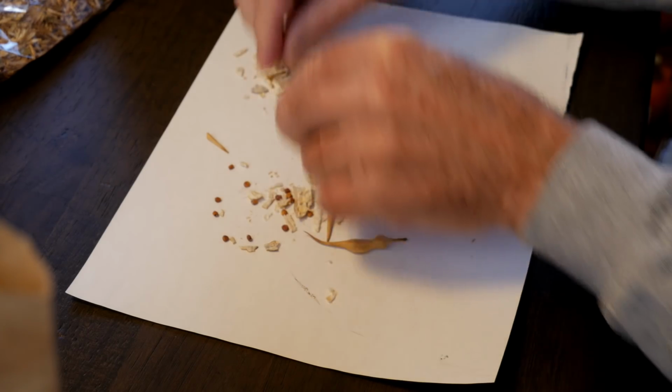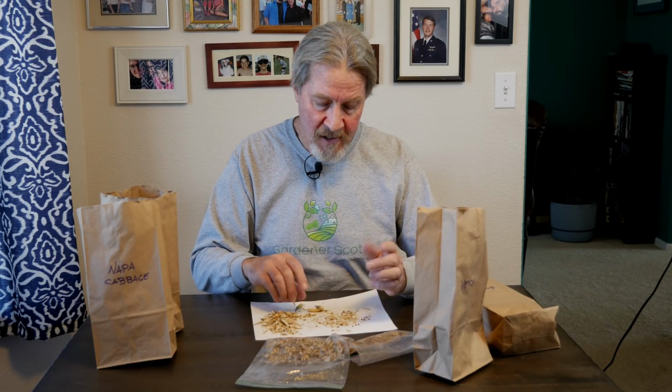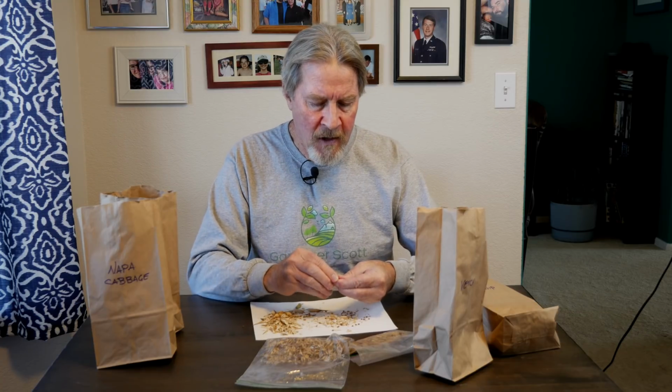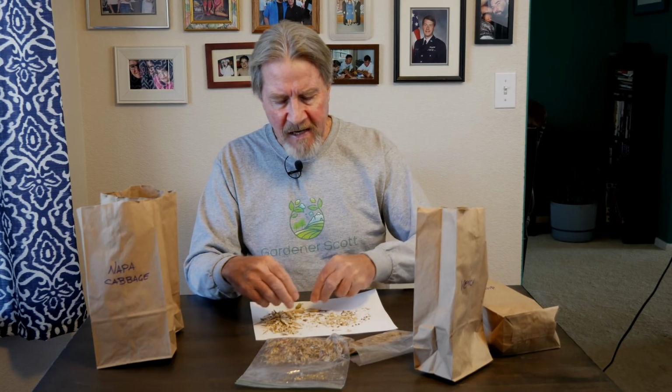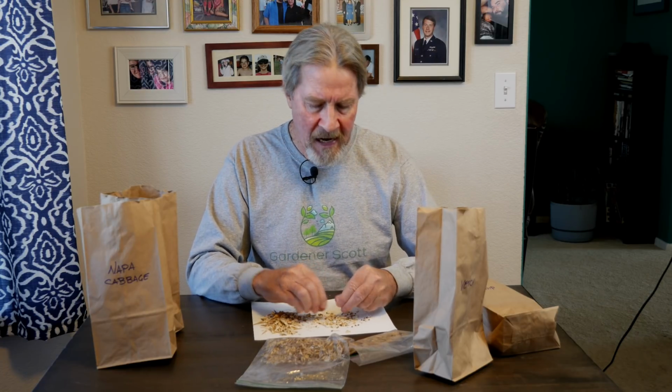Separating the seeds from the pods is relatively easy, and I've got other videos where I show how to collect the seeds from individual plants, and I'll have many more videos to come. After you separate the seeds from these dried pods, it doesn't mean that the seeds are ready to go